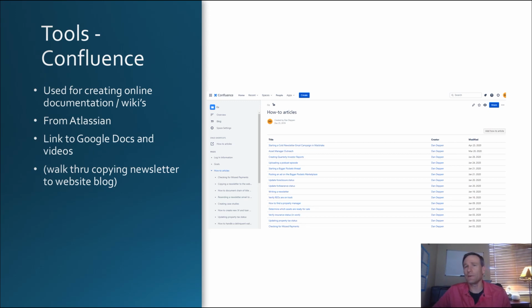And so over the last couple months, I've just been creating boatloads of these how-to articles for people to use, and other pages as well. And I've got pages in Confluence that describe the business. What I like about it is I can have a little paragraph up front. The way I create these standards, I'll have a standard operating procedure for doing something, and then I'll have a paragraph that says, here's why this is important. Here's why it's important that we check payments every month. This is what this feeds. This is why we do it. And then I actually get into the